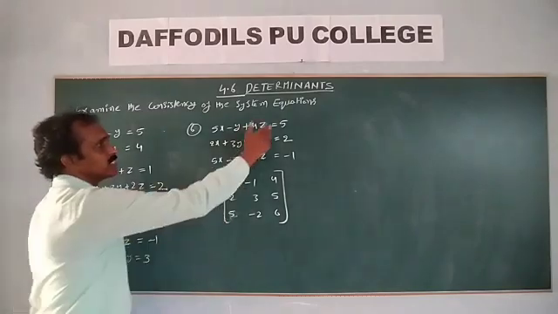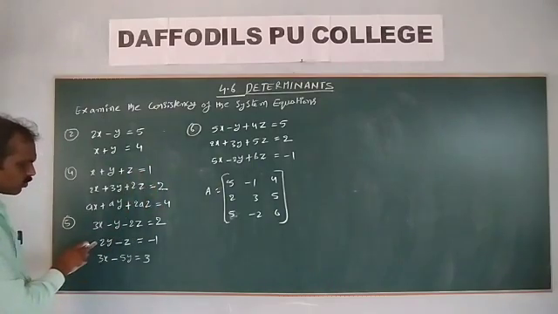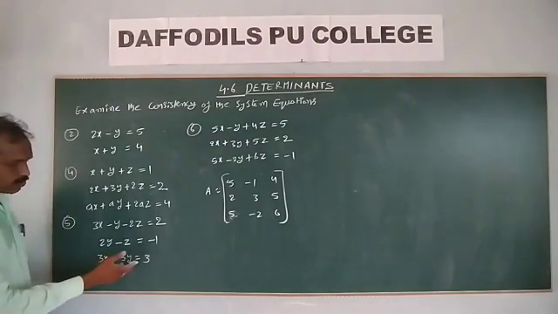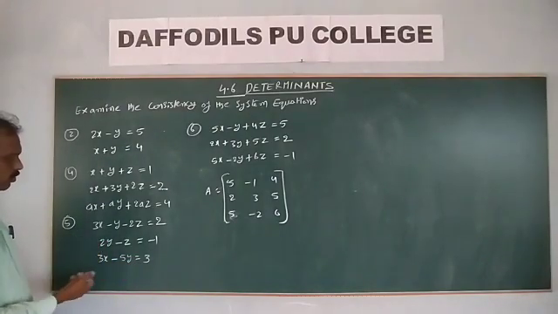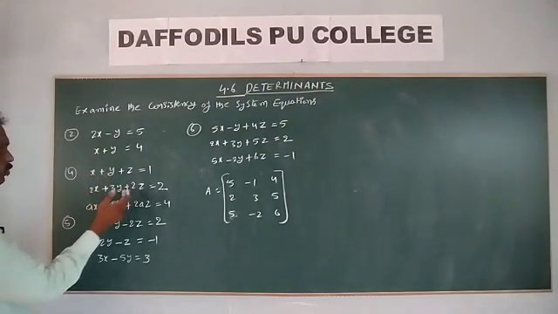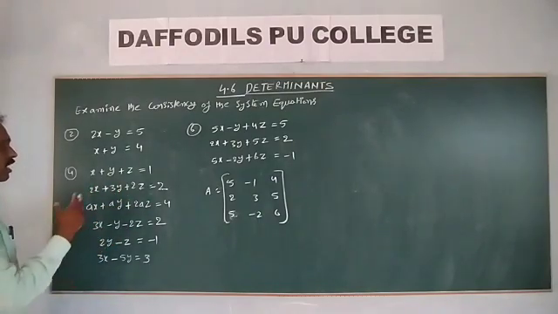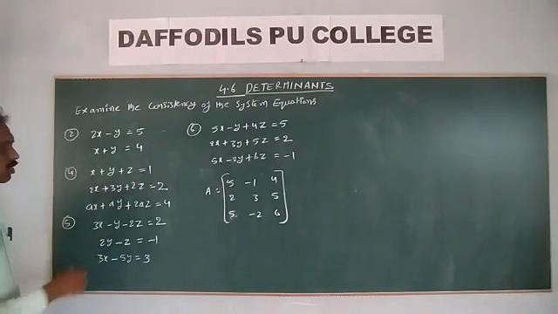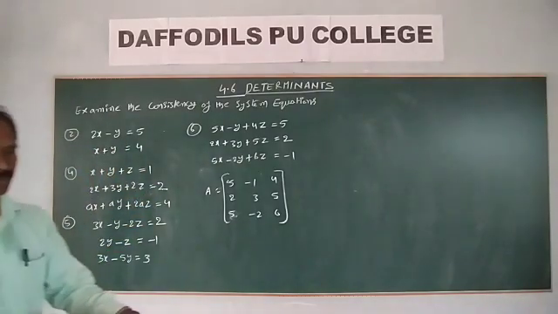So find its cofactors, then after taking the transpose you get adjoint A. Then we find adjoint A into B. This is the B matrix, 5, 2, minus 1. Here there is no x coefficient; the x coefficient is considered 0. Here there is no z coefficient; it is considered 0. Here 2, 1, 1, 1, 2, 3, 2, a, 2a. These are unknown constant values, not numerical values. If this value is also not equal to 0, it means consistent. Like that, check these problems. Do the homework.